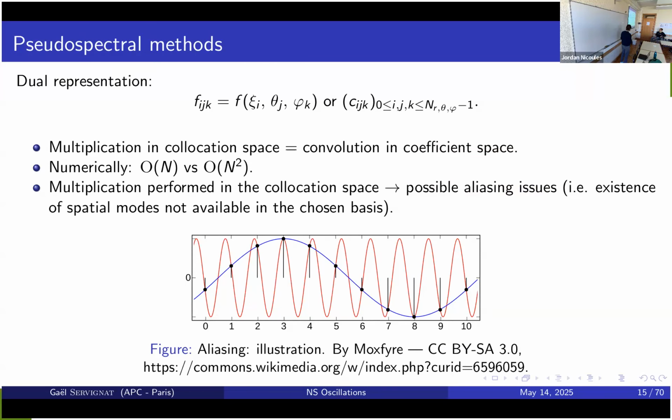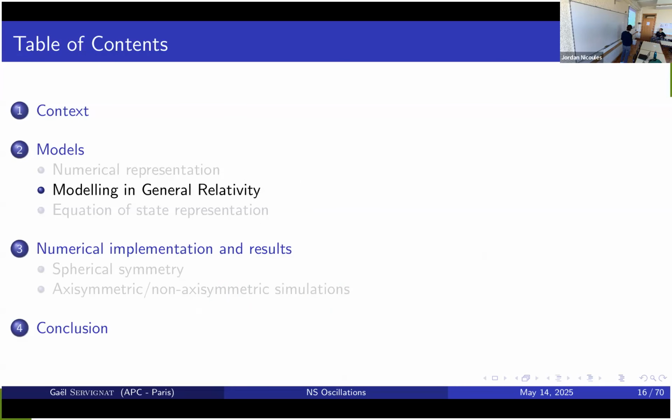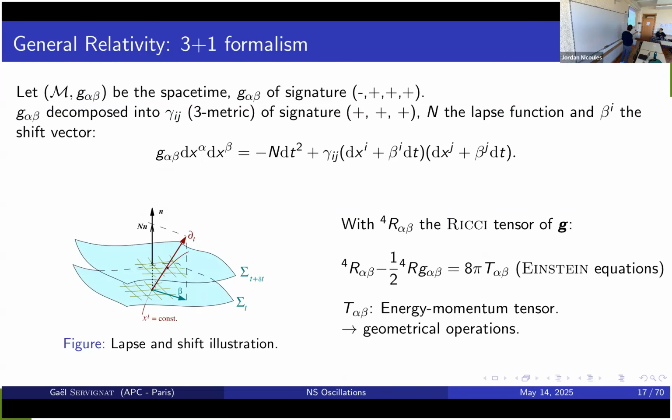Okay, so we took this in mind. Now, to take general relativity into account, we use the 3+1 formalism. There is a bunch of technical stuff in there, but what's really interesting is this picture. So what you do is you slice your space-time, you foliate it actually, and you have these surfaces which are constant level surfaces of time. Each surface corresponds to one time.